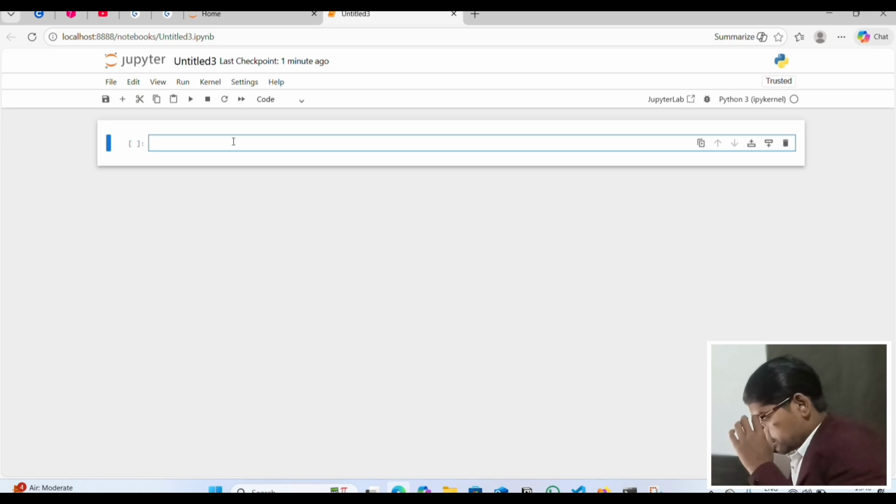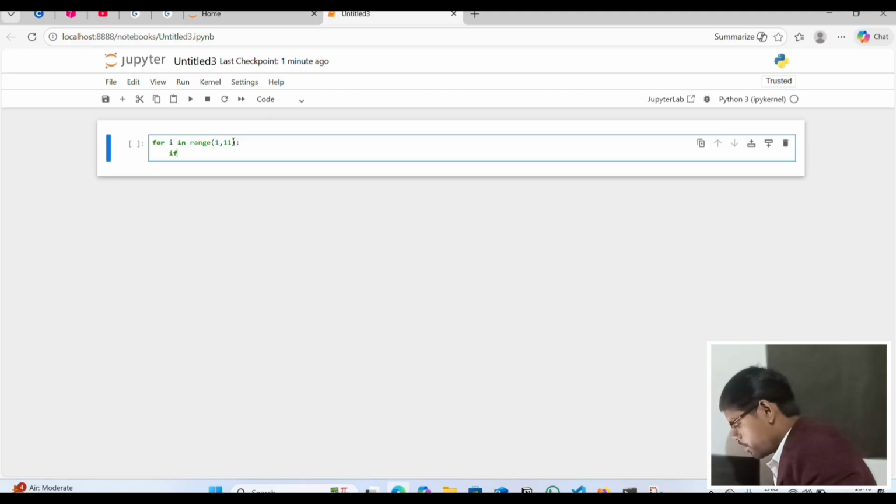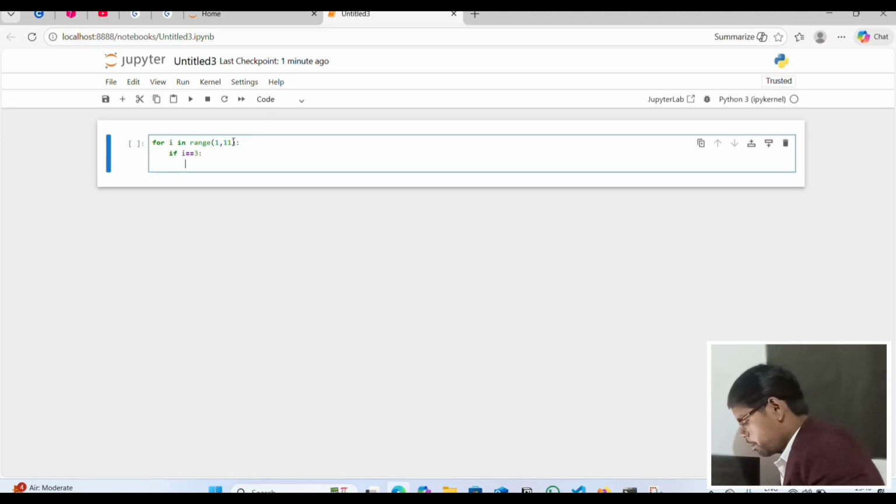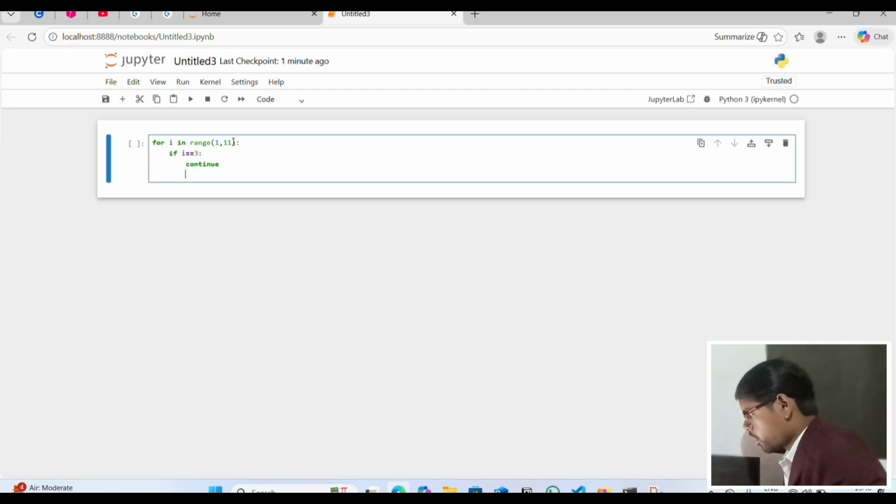And use the continue statement. Okay, so create a for loop, i in range, 1 start and 11 end. If i equal to 3, skip the value, so use continue. Print.